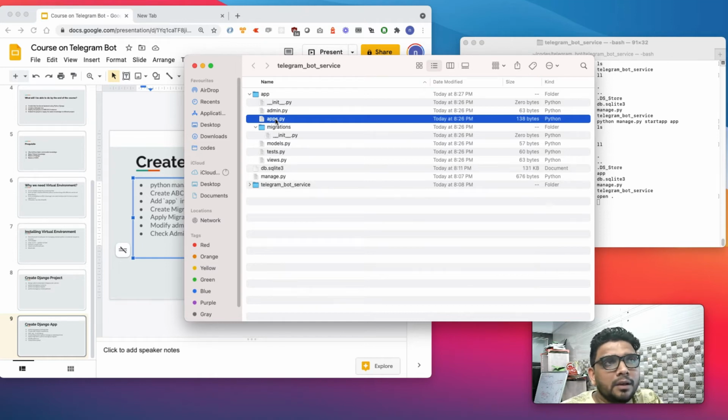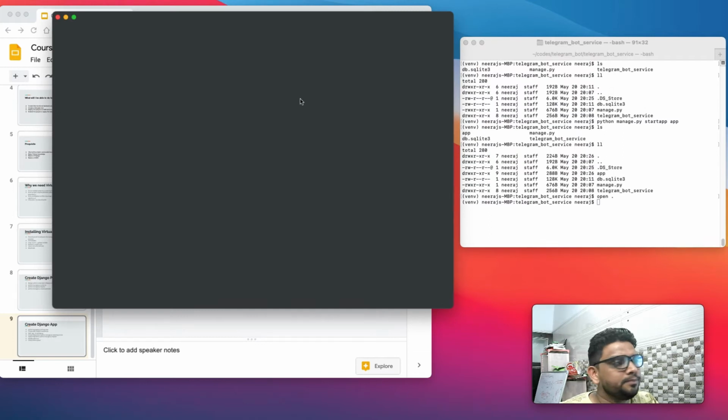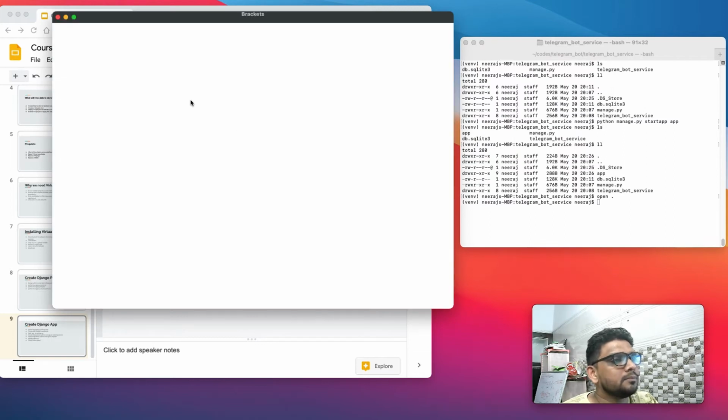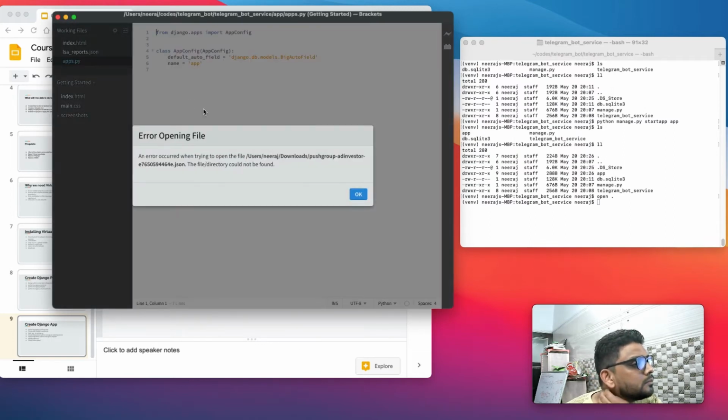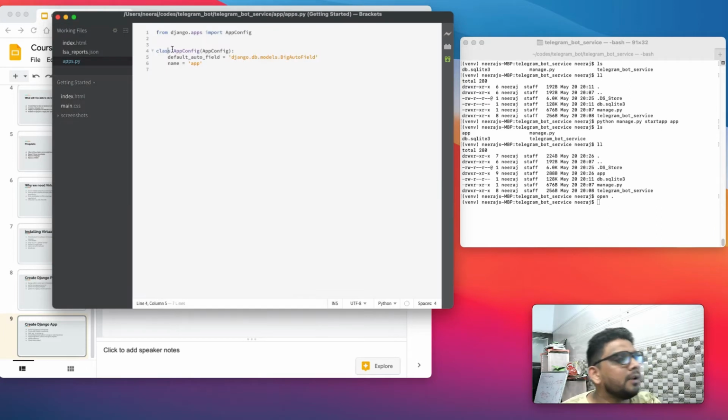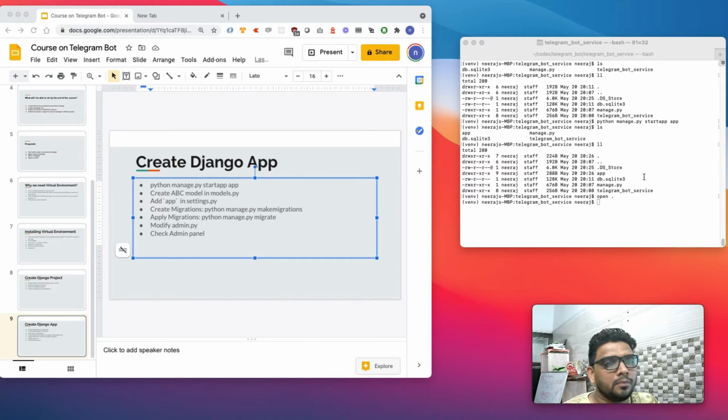If we create an app named ABC, we still have this apps.py file and it will hold some information. It will have the app config. So yeah, that's it. This is how we can create one app.